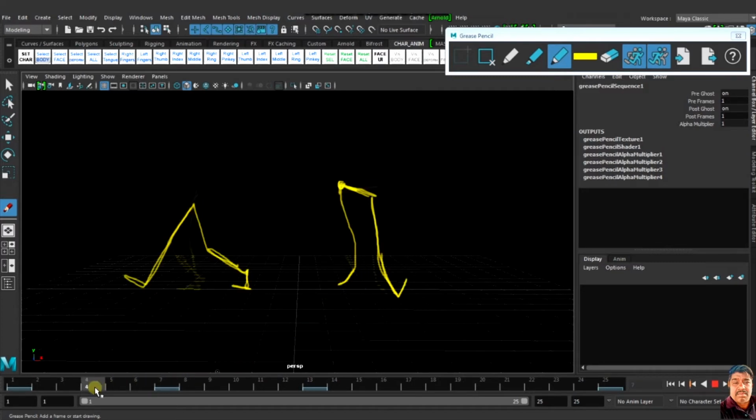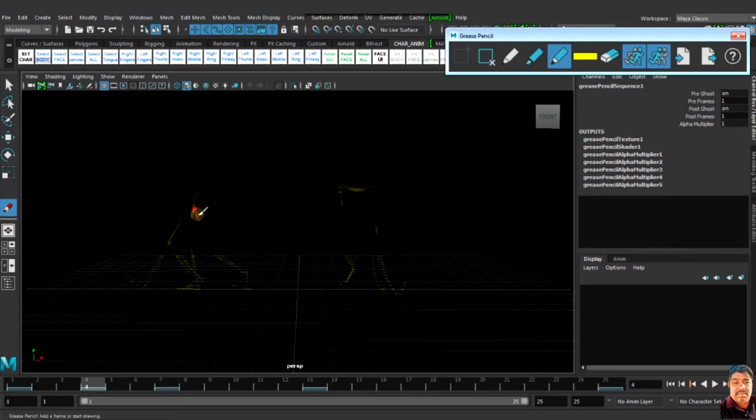This is the bounce pose in number 4. Bounce pose is like this only, and here the weight is shifted to this leg.